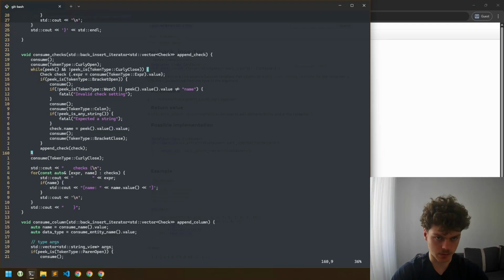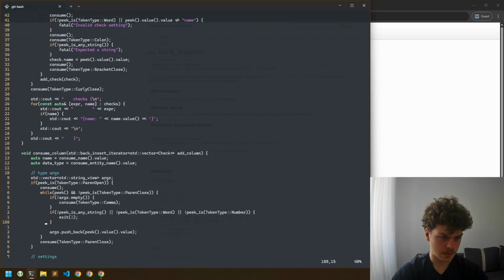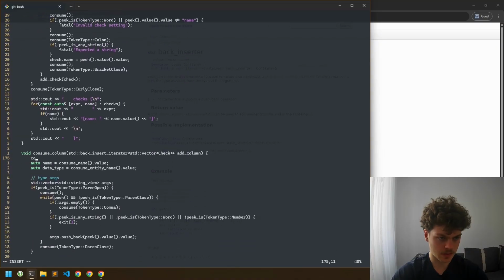I don't know if it's a correct name, and for now let's just say add, because append is like a method of a vector. I'm not sure. So like this, and now here this is a column, so we can say column and already say name is